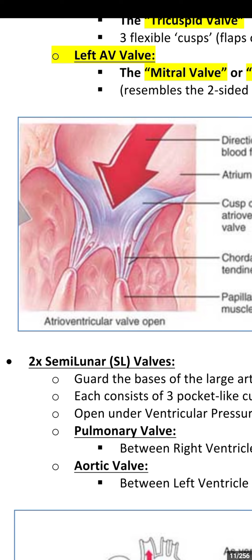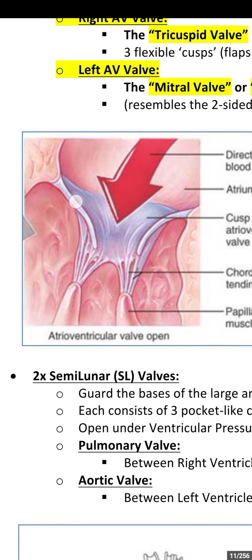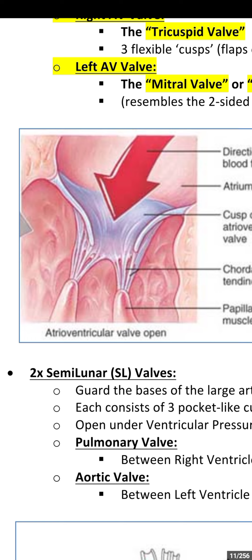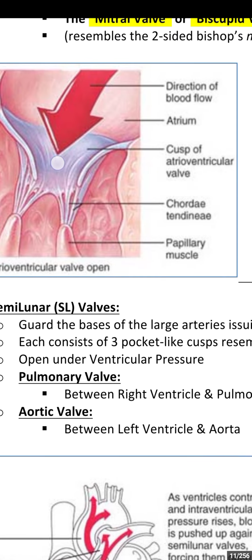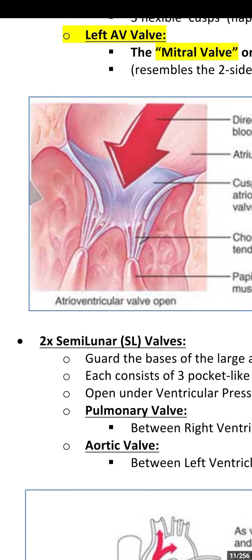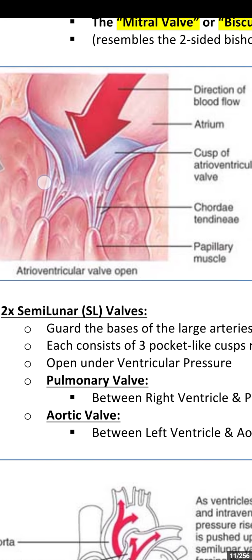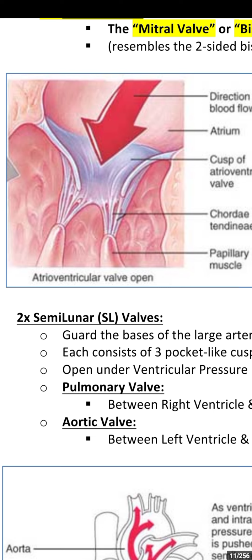The papillary muscles contract before the ventricle to take up the slack in the chordae tendineae. So the cuspid atrioventricular valves are held by these papillary muscles, and the cusps of the atrioventricular valves are directed towards the papillary muscle, so that